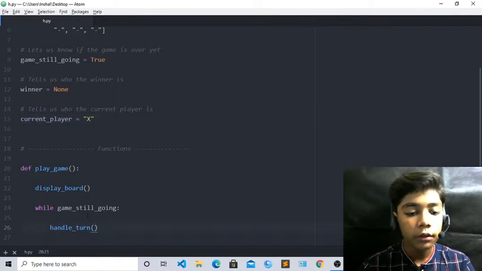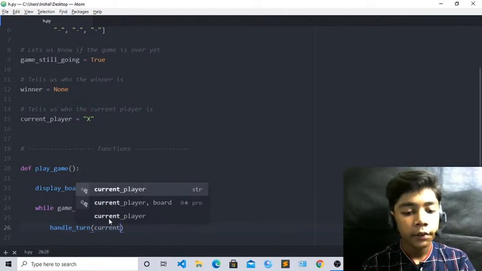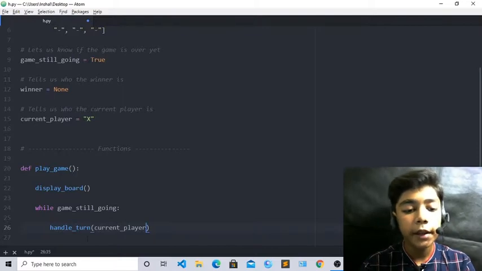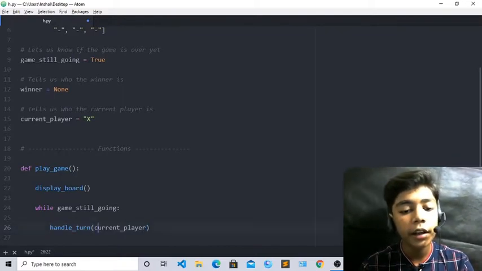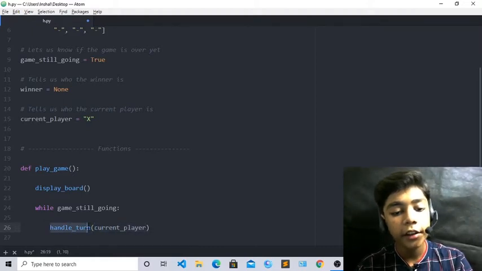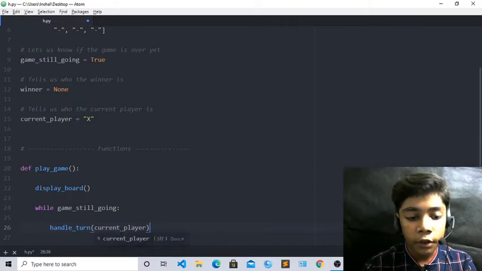Now when you have defined this handle turn, then in this bracket you have to define current player here, because in handle turn we have defined our current player, so we have to define this current player in our handle turn parentheses.